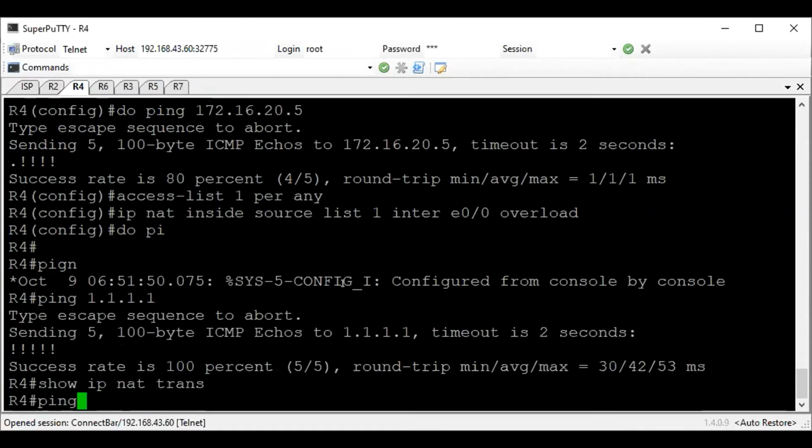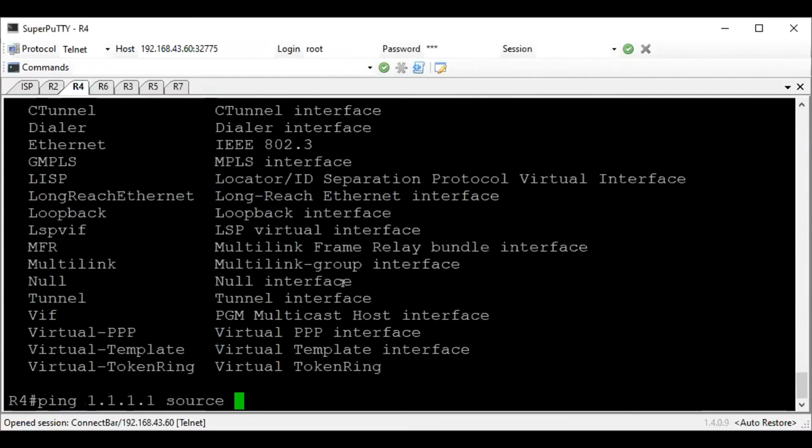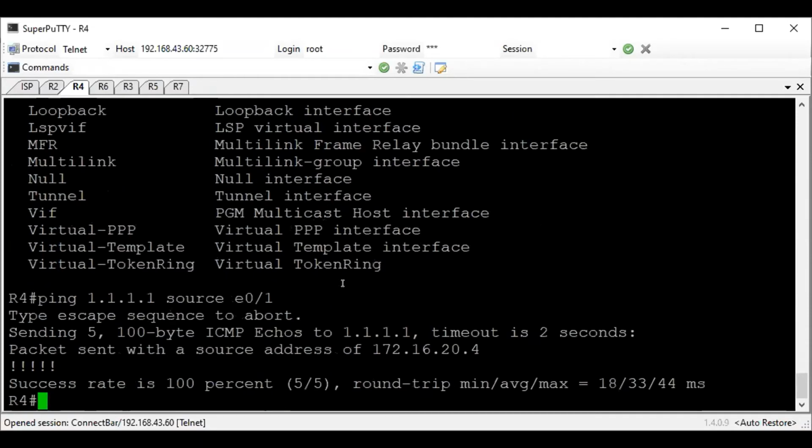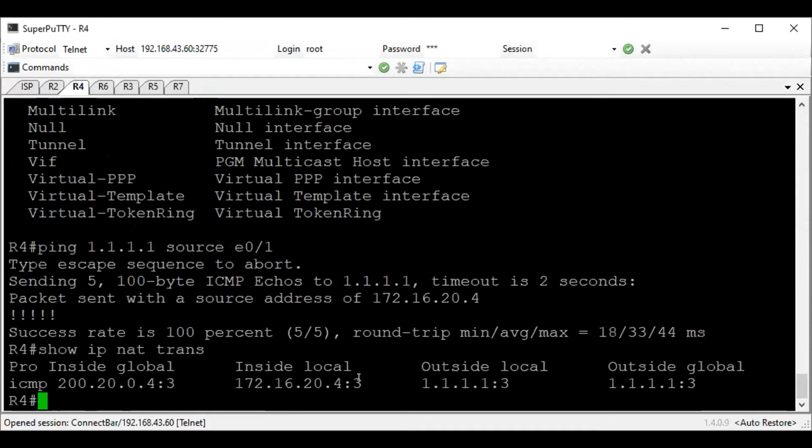A more legit way of testing your NAT connection is by doing the ping with source Ethernet 0/1. You need to source the ICMP request from a private address going to the public. If this is still successful, you can prove it by looking at the translation here. After pinging, let's say, a public address, it's going to be translated because it's using the source address of 172.16.20.4. And it's even translating the port number because we did the overload